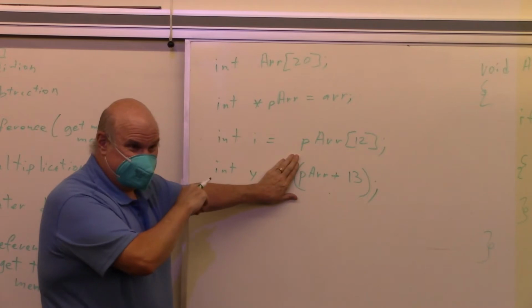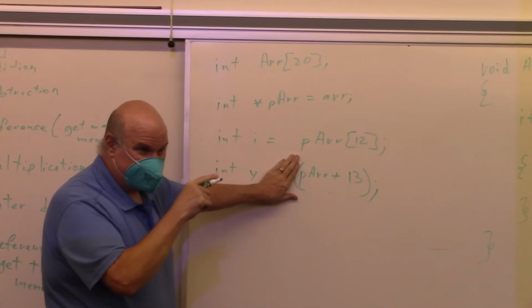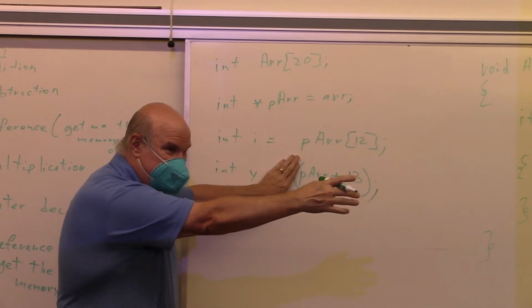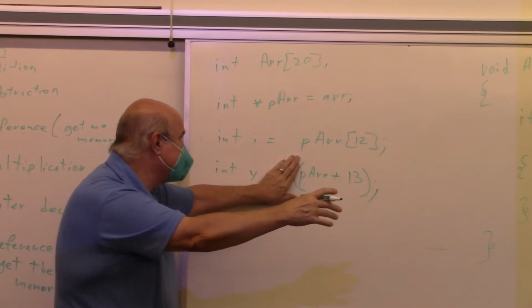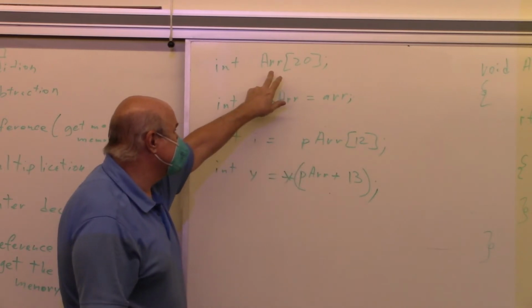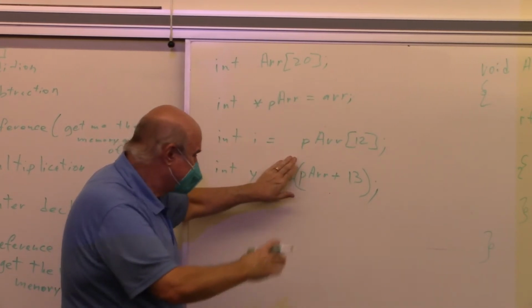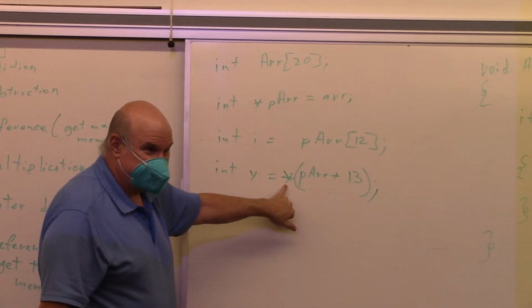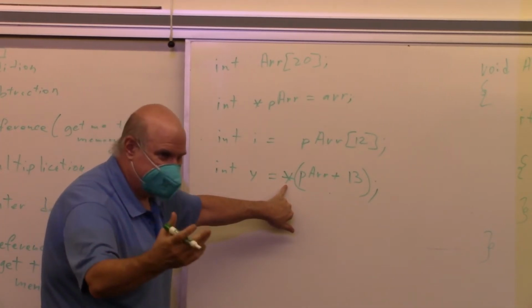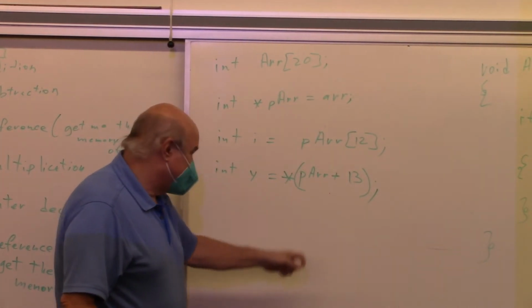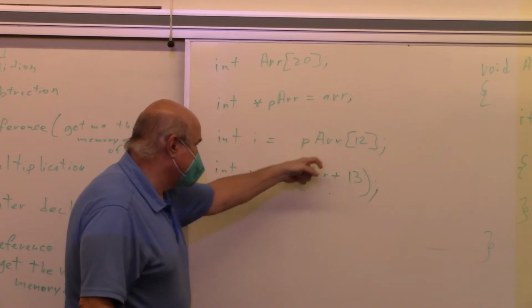But the compiler knows that, and it'll add the times 4 for you. Plus 13 gets you a pointer at the 13th element of the array that PARR points to, which is ARR. And then you take that pointer and dereference it. Dereference means get me the value at the memory address here. And that's going to be equal to,